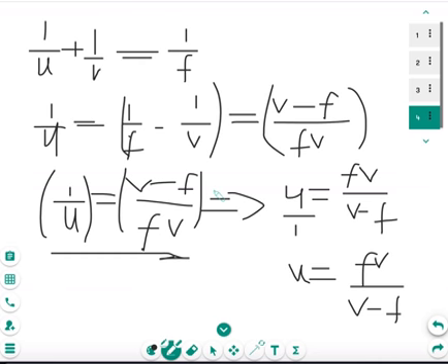But if you multiply through here by u and here by u, this u cancels this u, so you get 1 is equal to f into bracket v minus f over fv times